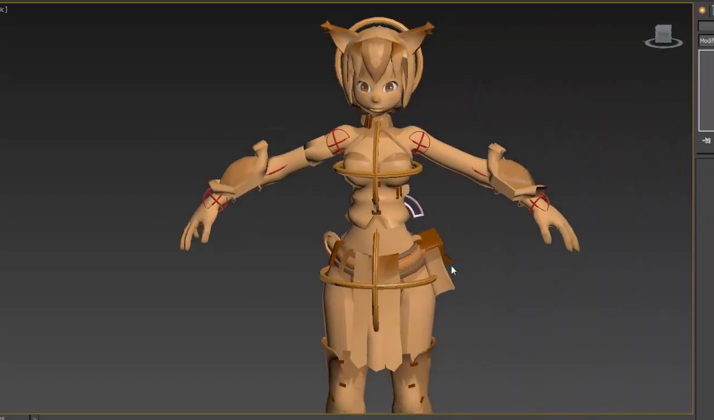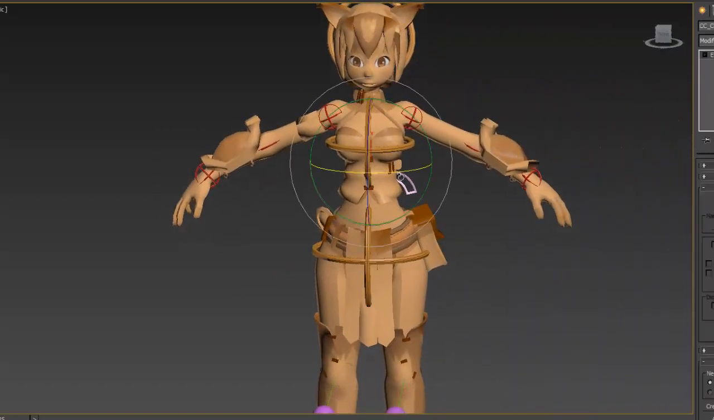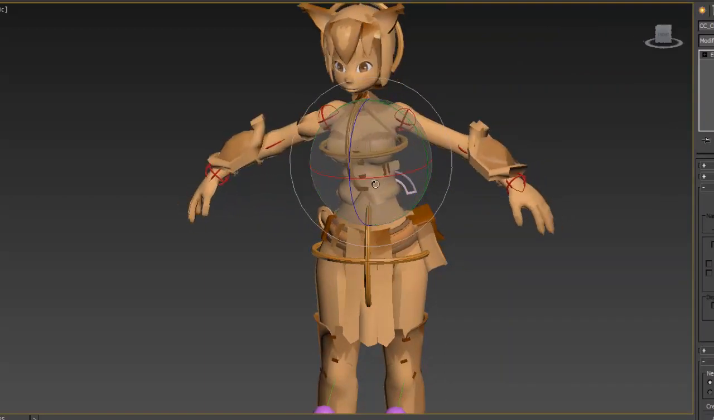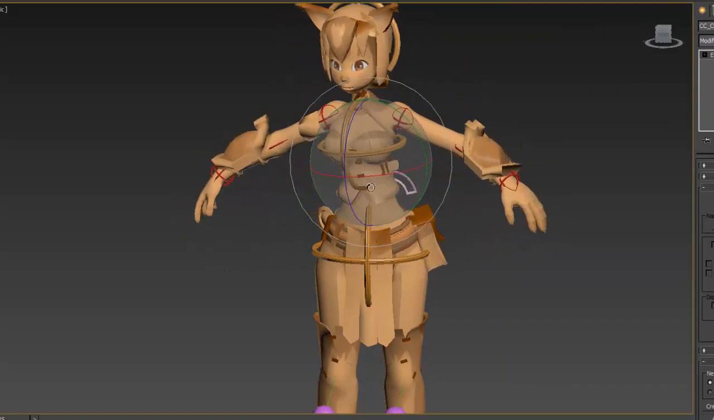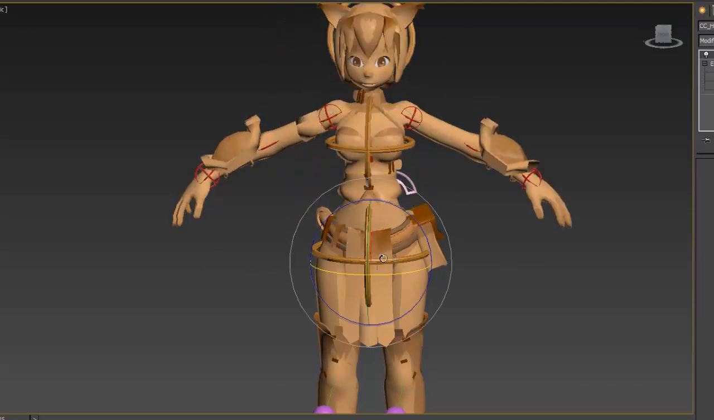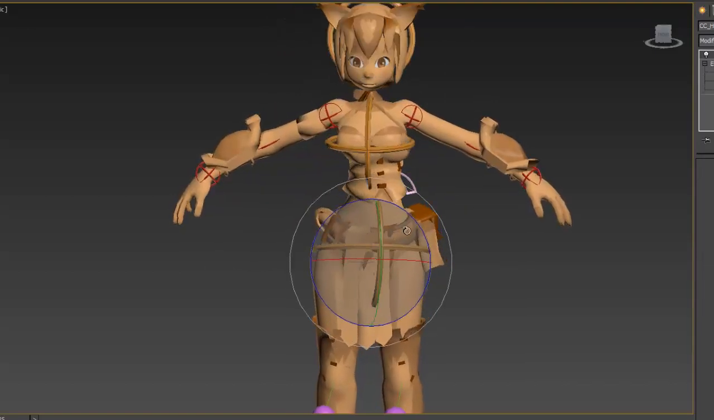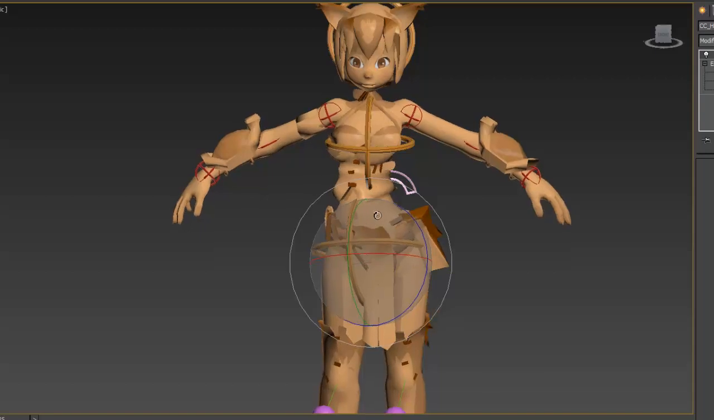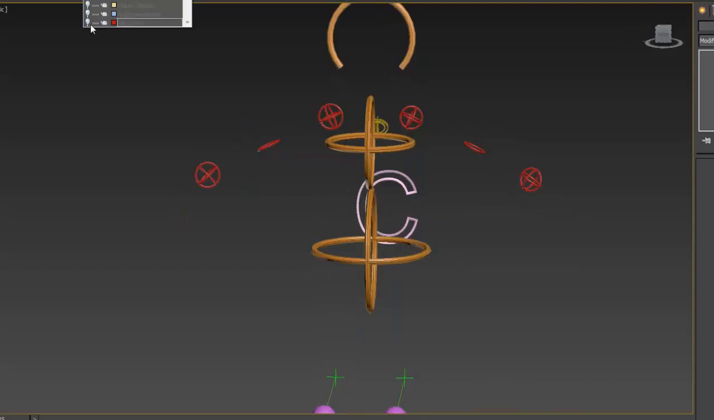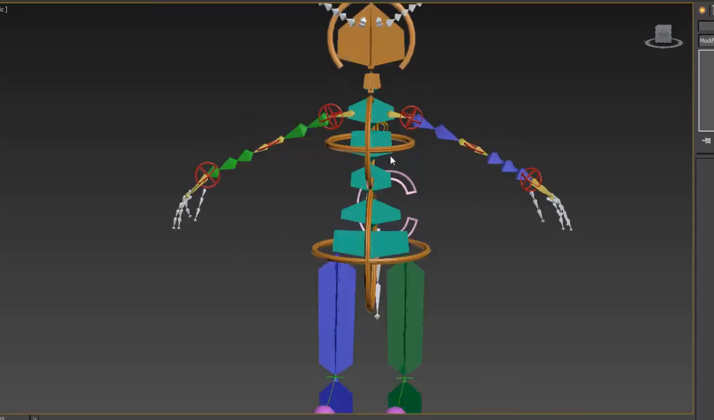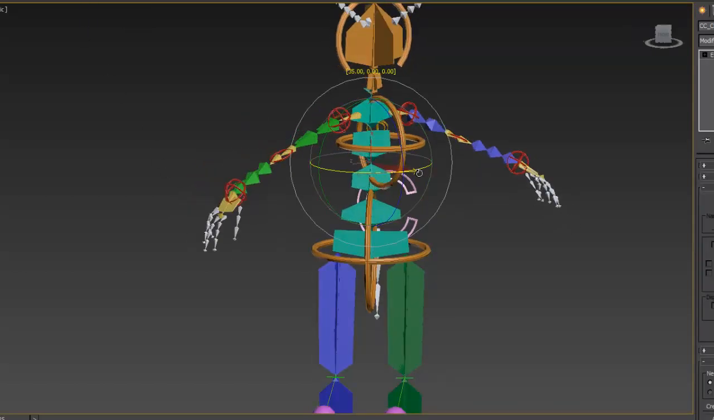Now we can spin the chest like so, or we could do the hips. Show you that again without the mesh. We have the twist